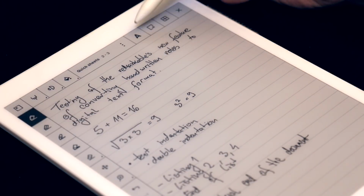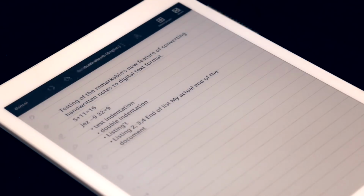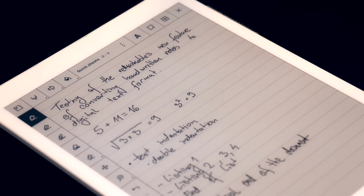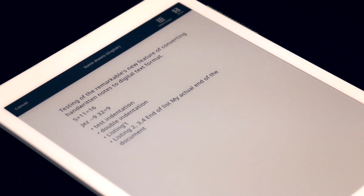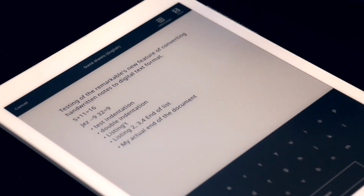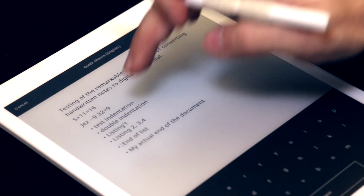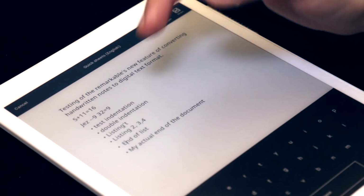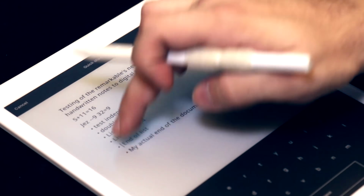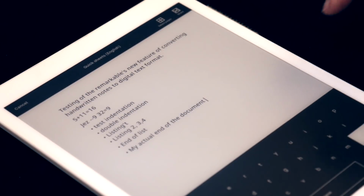let's see consistency. It's gonna have the same result. Yeah, it's very, very consistent. And of course I'm gonna do a send out so that we can see how does this actually look like. So for now I'm just gonna add enter so that this is the end of the list, and I'm just going to add another enter here, and yeah, here it would be nice to have those arrows because I am trying to find this and do that. Okay, but alright, we're good, so this is okay, and now I can go share,